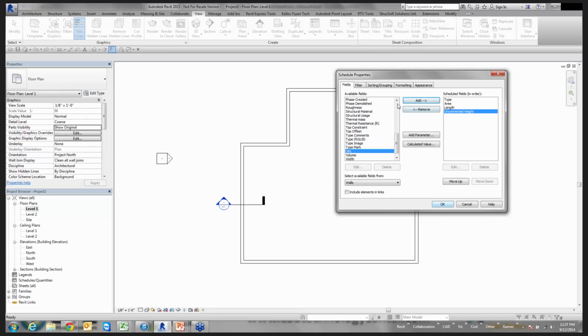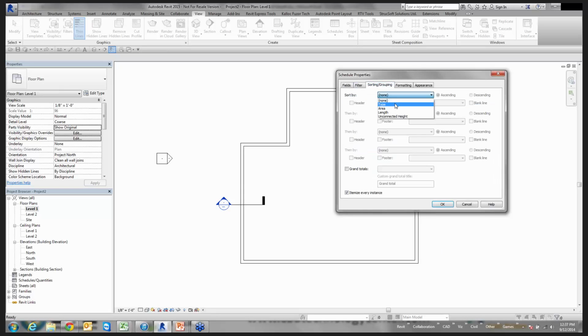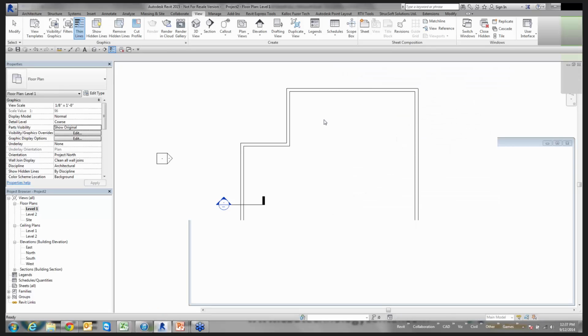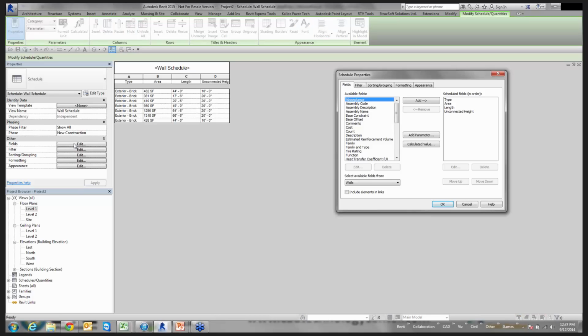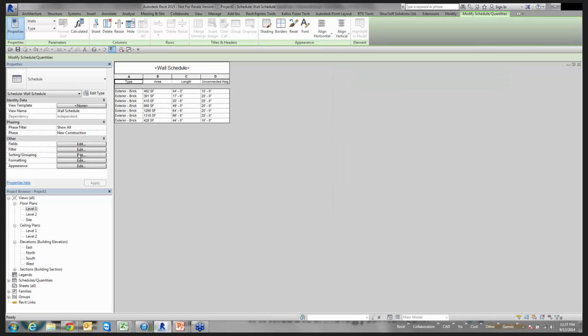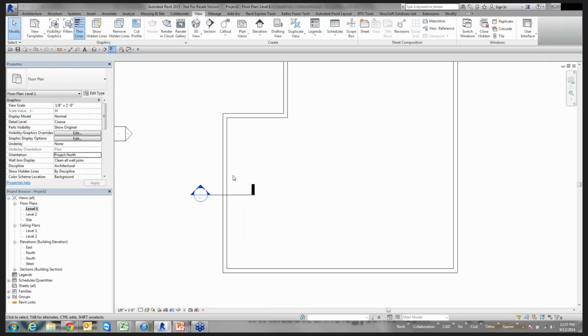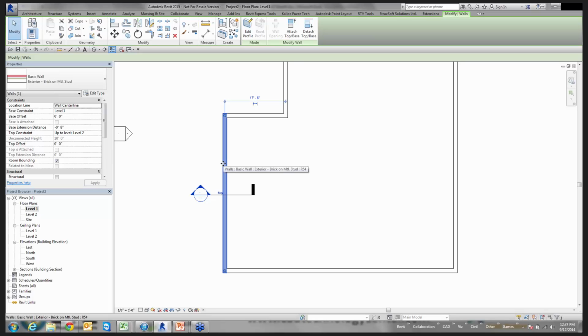So I'll start there, and we'll sort by type for now. So here's my list. It shows me all the walls, and tells me what the height of these walls is, so if necessary I can get some more accurate data out of it later on down the road. But for example, if I wanted to go ahead and adjust some of this information here,